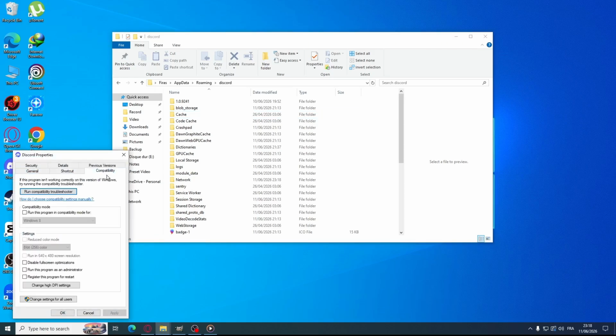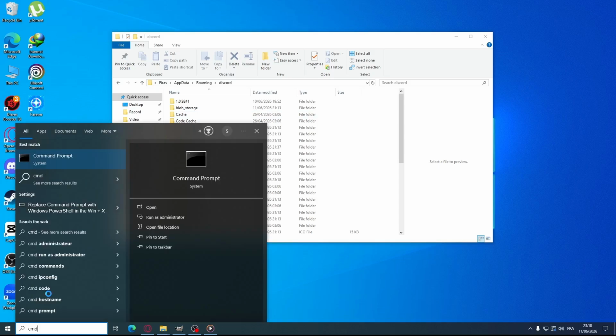Check Disable Full Screen Optimizations and run this program as administrator. Click Apply, then OK. If Discord still will not open, press Windows key and search for Command Prompt and run